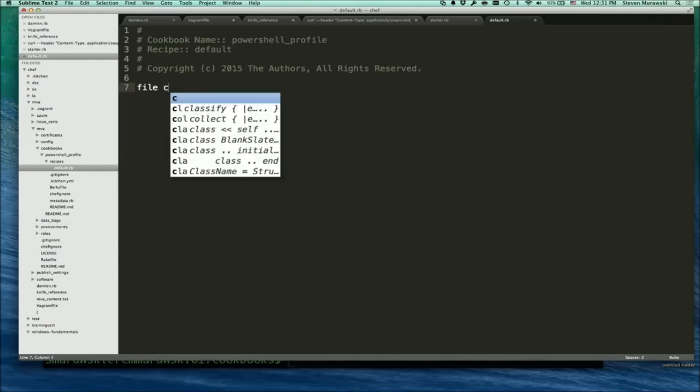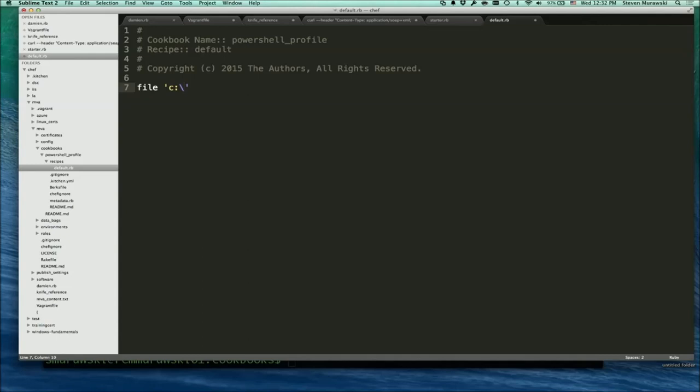We're going to tell it to go to C, Windows, System32, Windows PowerShell, v1.0, profile.ps1. This is where the system-specific profile for all PowerShell instances lives. And so we're going to create a file there. My text editor is trying to be helpful and scaffold some stuff out for me. And I want content to be, and this is going to be new syntax for us here,